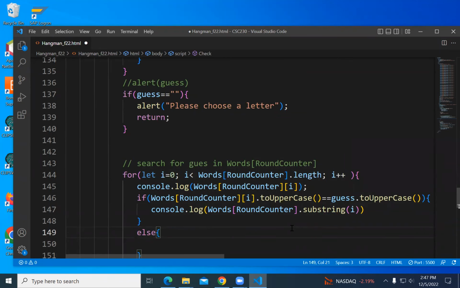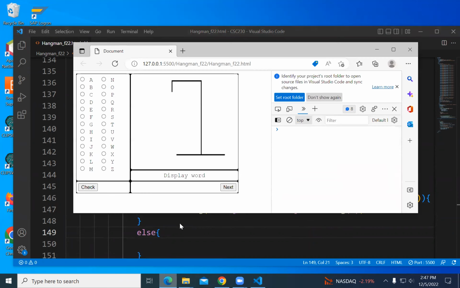If I take the substring and I start at I, what have I got? As always, I'm going to guess it's precipitation. I'm going to guess R. And I'm going to do a check.